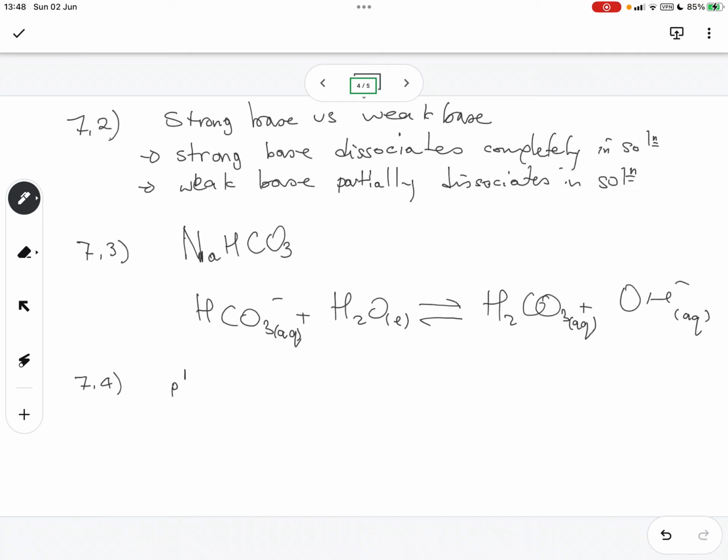This one we are doing like this. The pH of hydrochloric acid solution, right? It'll equal minus log of the hydronium ions, H3O plus, and we need to